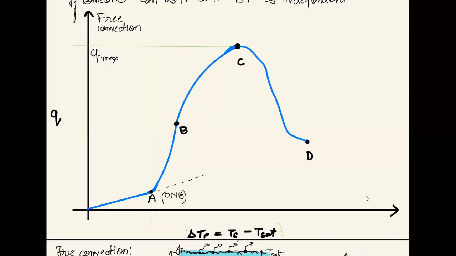So yeah, this was the point C, and this was the point D, where we are experiencing Q minimum, all right, and it's our prime duty to address this particular issue over here. Now it's important to understand what is happening over here. So from point C to D, we are seeing some sort of transition.